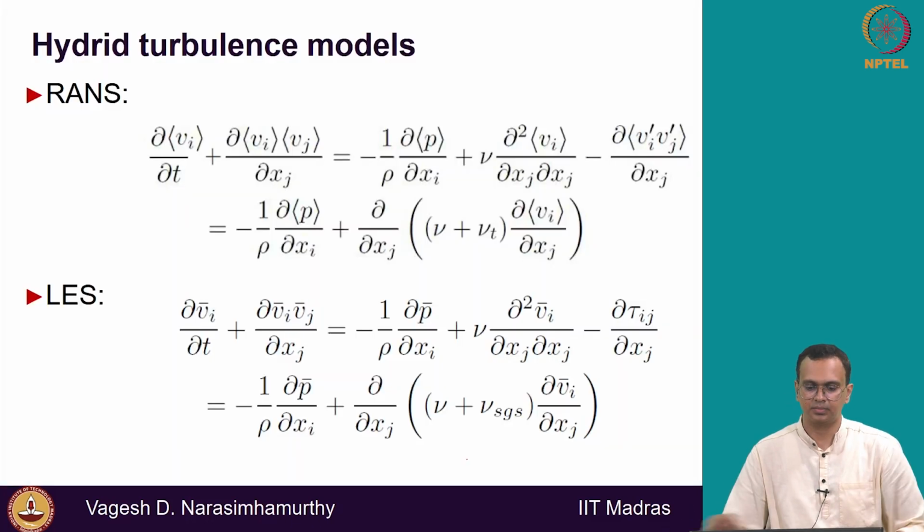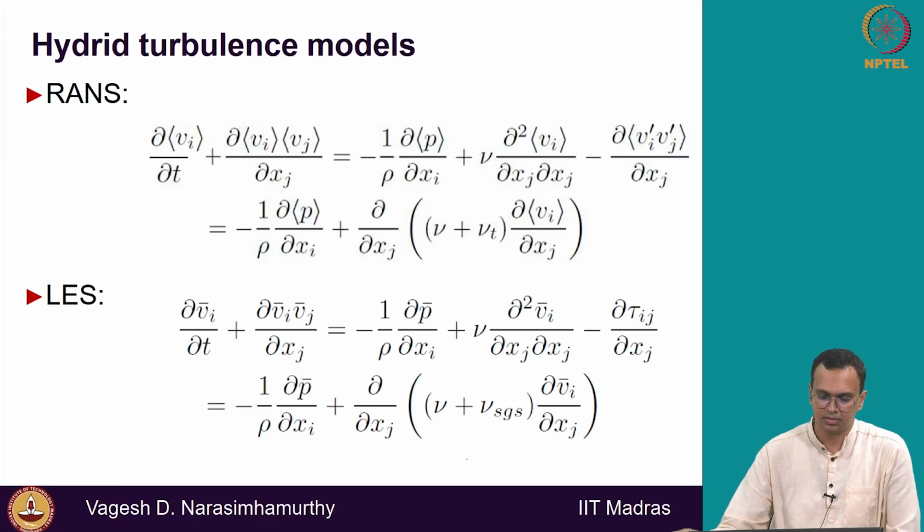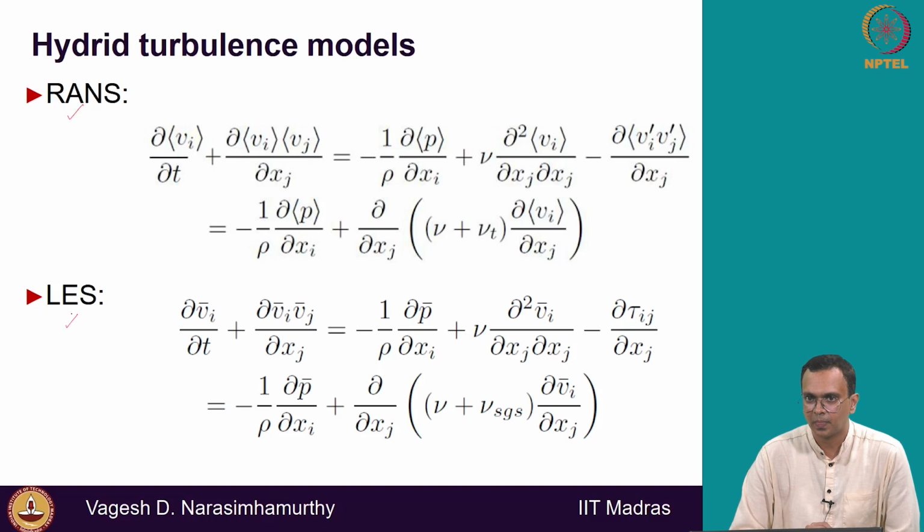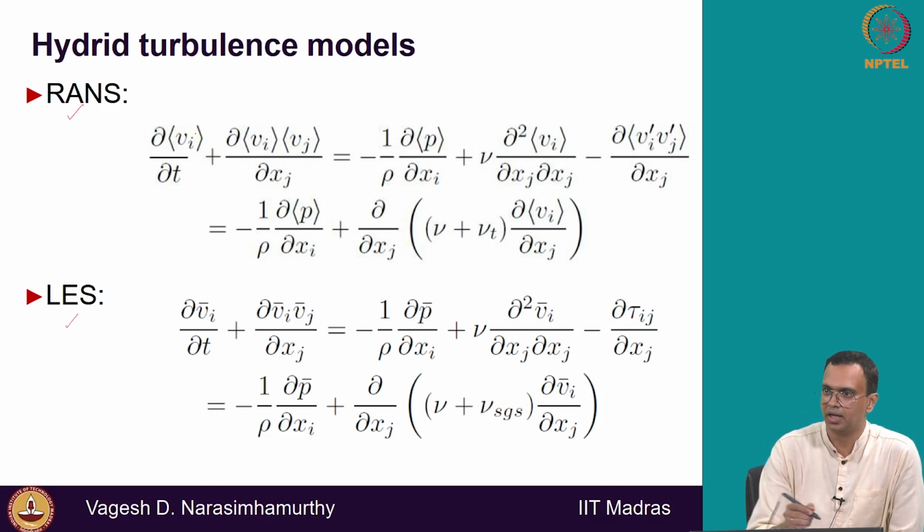So if you just look at the governing equations in RANS that we have done and the LES, right, both look very similar. The angular brackets here indicate it's ensemble averaged, okay. So look at the left hand side of the RANS equation and the left hand side of the LES. These are filtered velocities, these are ensemble averaged velocities. And on the right hand side you have the mean pressure gradient, here the filtered pressure gradient, and we have viscous and the modeled terms here. So if I rewrite the right hand side equation alone, I can get these two, and you can see that